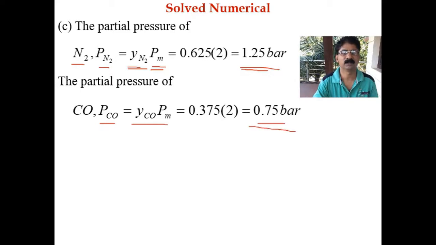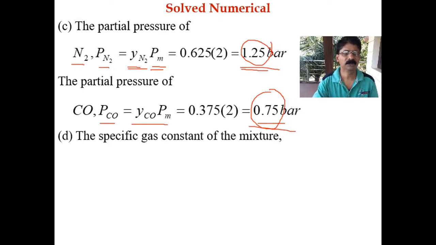You can see 1.25 plus 0.75 is equal to 2. This is the total pressure of the mixture. So pressure of N2 is 1.25, pressure of CO is 0.75. So you know the total pressure of the mixture is nothing but the summation of the partial pressures of the individual constituent gases. Now specific gas constant of the mixture, Rm, is equal to